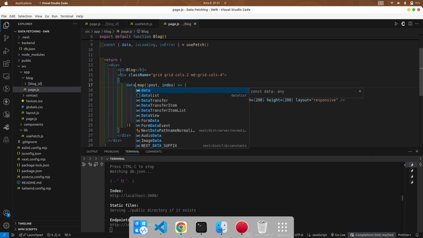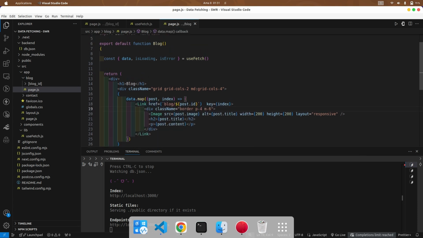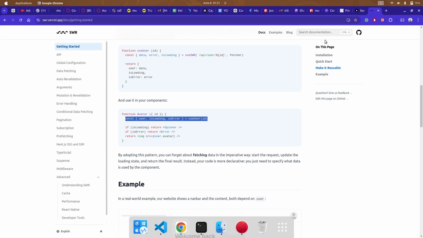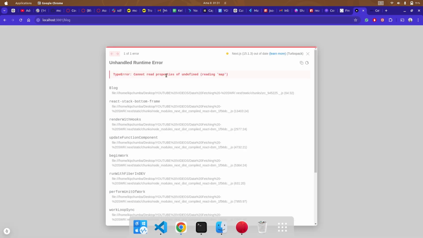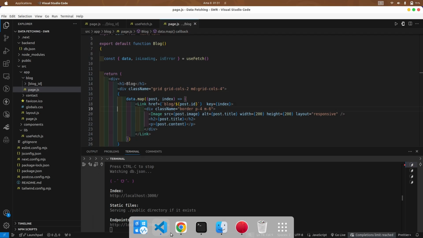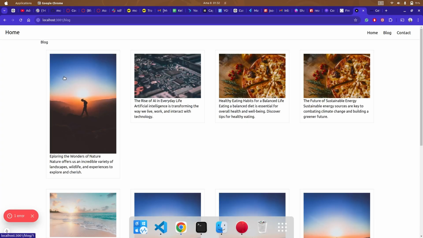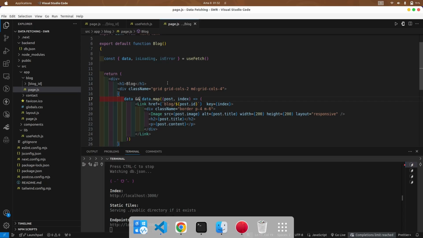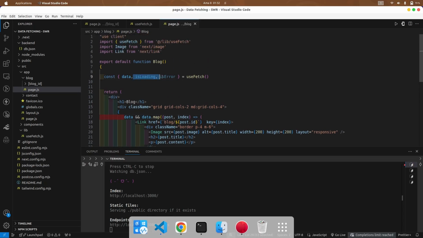So you can now check. Now this one will be ready to fetch your data. So you can go to your browser, check it. It is giving you an error because, of course, you need to first check if you have data, and then if you have data, go ahead and map it. So let me refresh. You can see now we have the data,